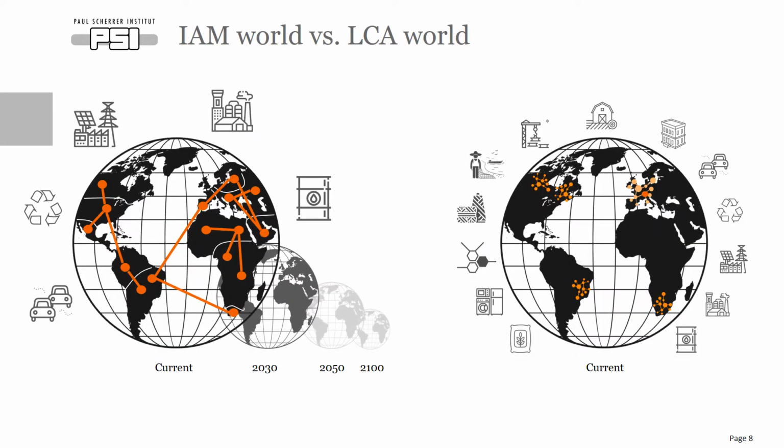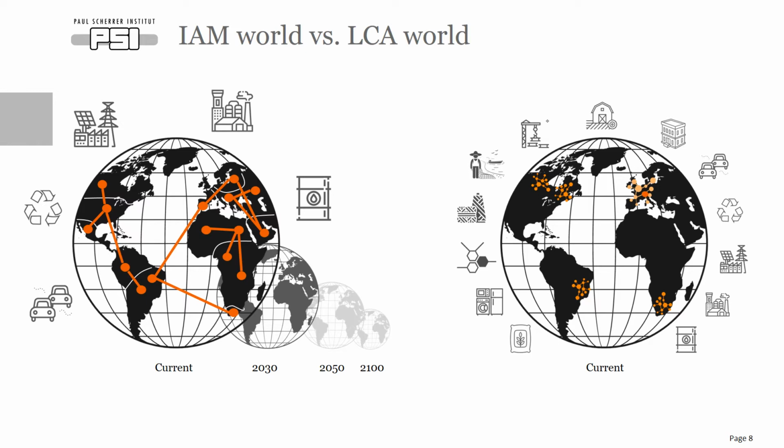And so all this brings us to the point of this presentation. If what happens very far away from our car and from the point where it is used is increasingly important, meaning the way we produce electricity and the way we produce the raw materials that will enter the manufacture of batteries, fuel cell stacks, and so on, is there a way to improve the quality of their modeling? Well, at PSI, we seem to think so, and one of the ways would be to combine integrated assessment models with the database we traditionally use for life cycle assessment.